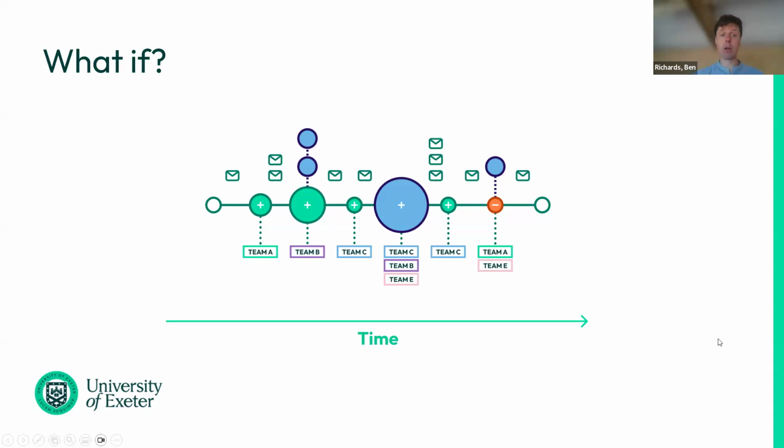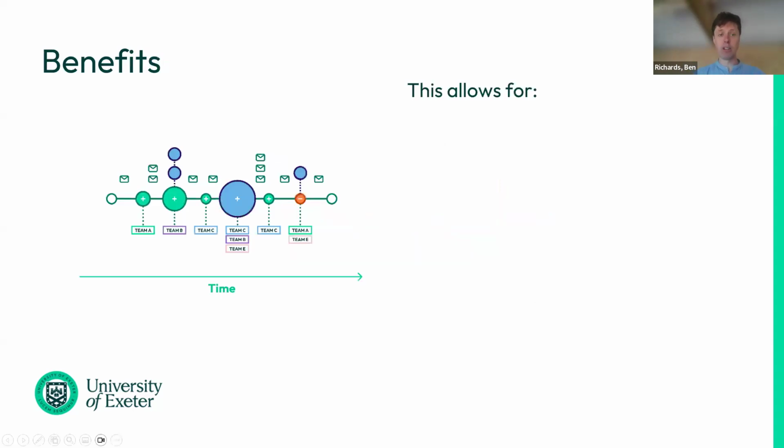Now, these are just the layers that have come out from our current research and the work that others are doing at Exeter, but we could add any number of layers to this foundation. By carrying out methodical, consistent research and applying it in this way, we can build up a picture of the student experience and use it to help us as we drive the changes that we want to make. Now, whilst this is more theoretical and something that we're working on at the moment, so it's more theoretical than the tangible examples Amelia presented earlier, this is still built on that foundation of research, and it brings with it